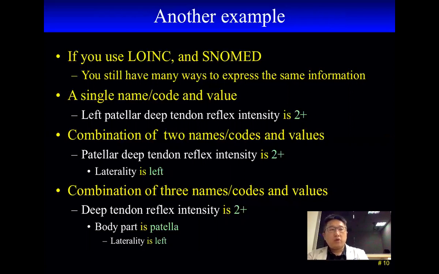And the good thing for LOINC is they try to make a balance. They provide the six axes. You can imagine that each axis is one atomic concept, and they only create the combination when the real world needs it. Because for each axis you could create a LOINC name, but LOINC didn't create it. They only create it when they need it.